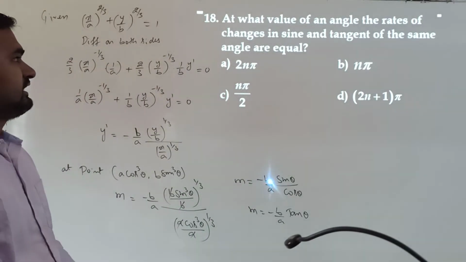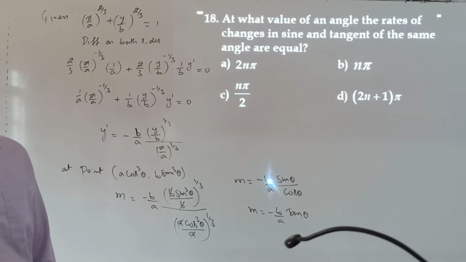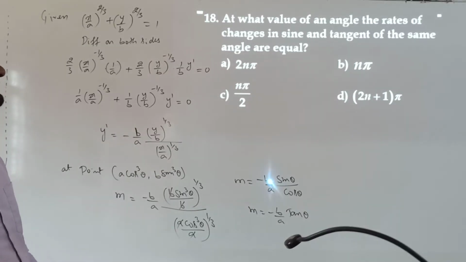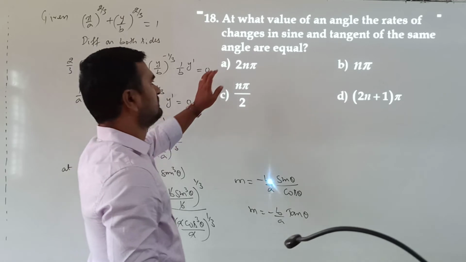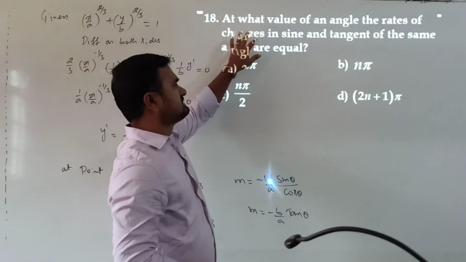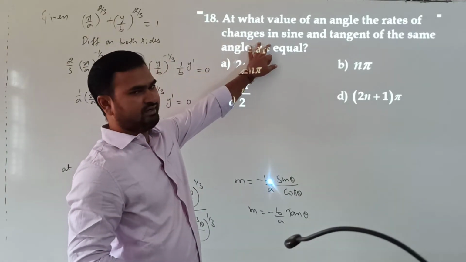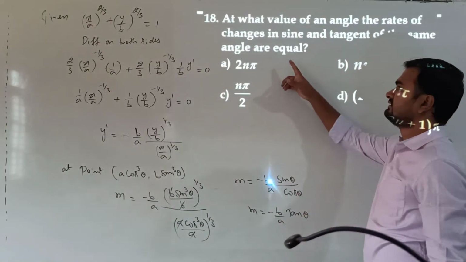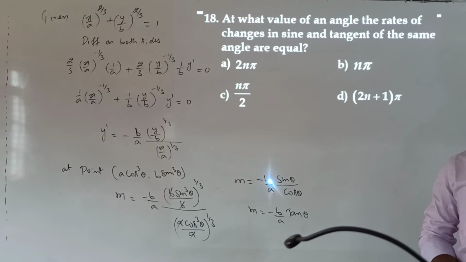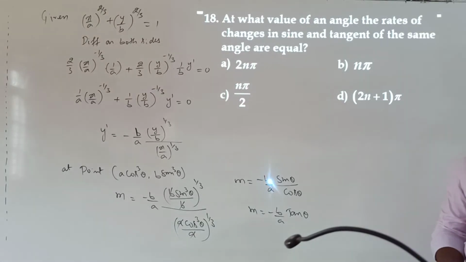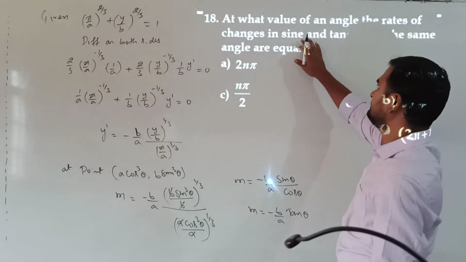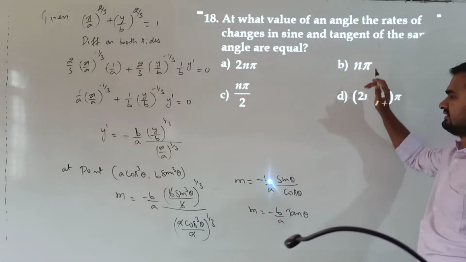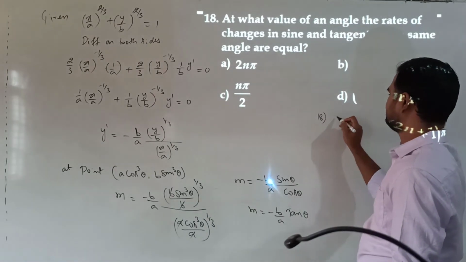At what value of an angle are the rates of change of sine and tangent of the same angle equal? So to find the angle at which the rates of change of sine and tangent are the same, for the same angle, just take sine theta and tan theta. So what they have given is